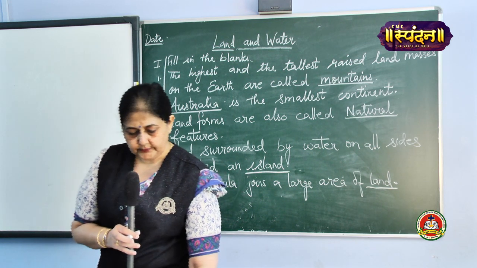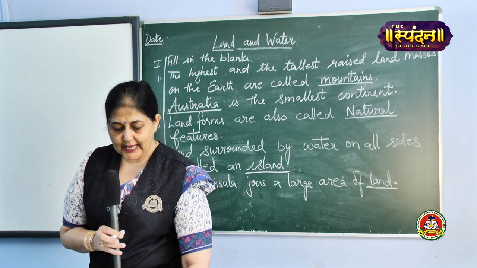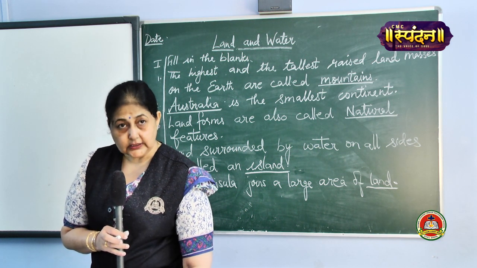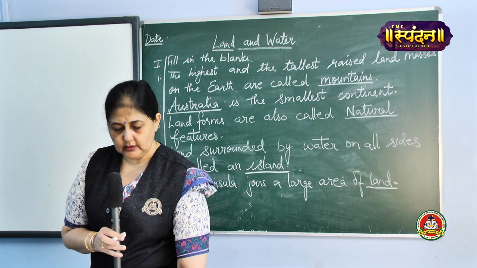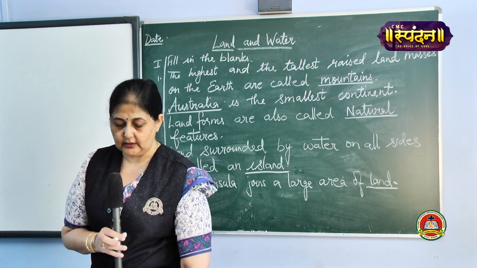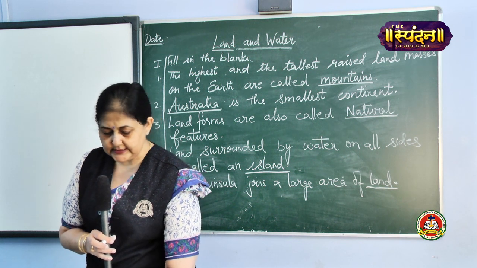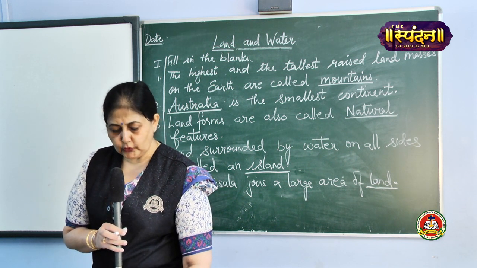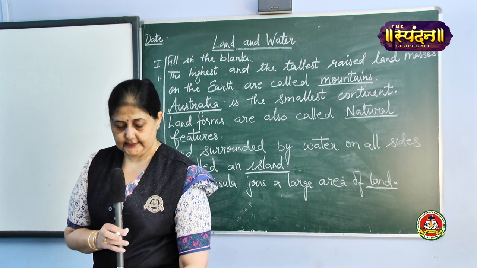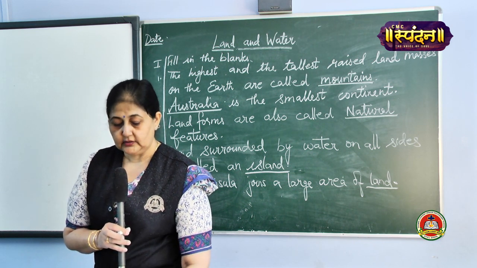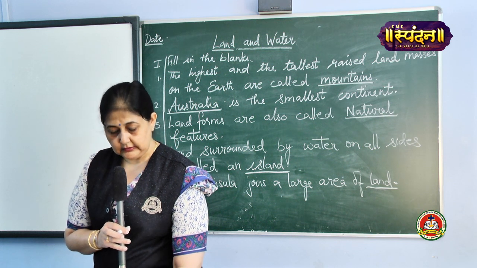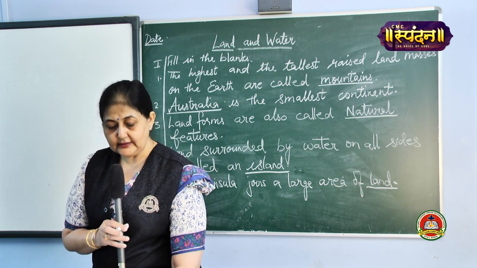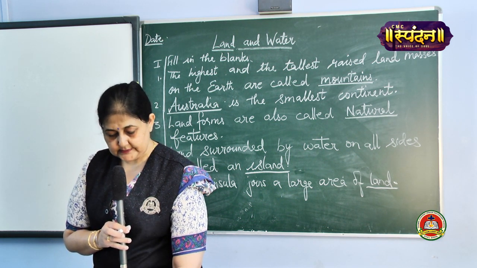Then children, B. Turn the page, B part. The land surrounded by water on three sides is known as an island, peninsula or a plateau. Peninsula. Tick peninsula please and write it in the blank space given. Alright? An example of a cold desert in India is Rajasthan, Thar or Ladakh. Children, it's the third one, Ladakh. Write Ladakh in the blank space.